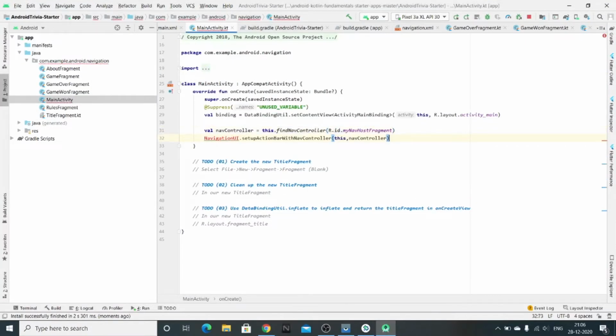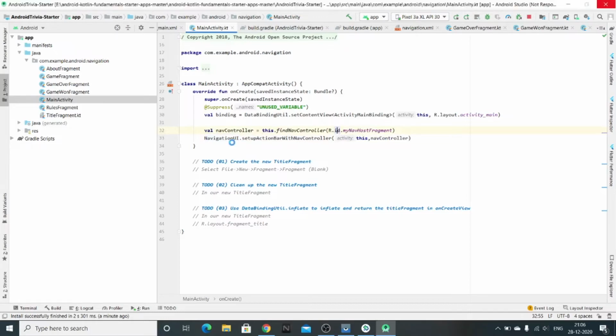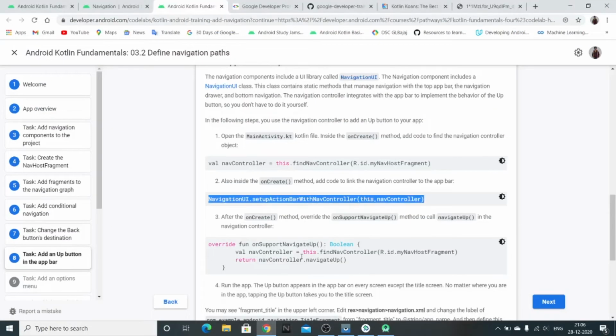So here, what's happening is that we have created a variable for this nav controller, wherein for the fragment host we have created this navigation XML, and then we'll be using that. We will be using that up button, that's the back button on the top left, to navigate back in our app.